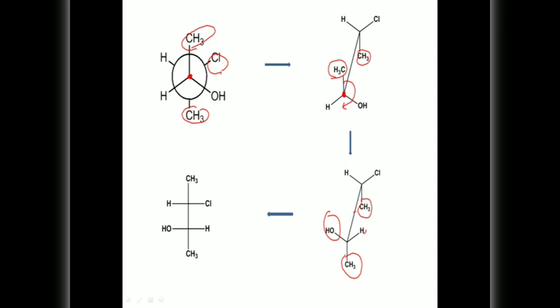Now as it is, we can write this structure into the 2D structure. Here CH3 and CH3 must be on the vertical line. This is the vertical line. Now the Cl is on the right side, so we can write it on the right side in the 2D representation. This OH is on the left side, so it must be written on the left side. So whenever we are writing a Newman projection or Sawhorse projection as a Fischer projection, the groups which are present on the vertical line must be in the downward direction.